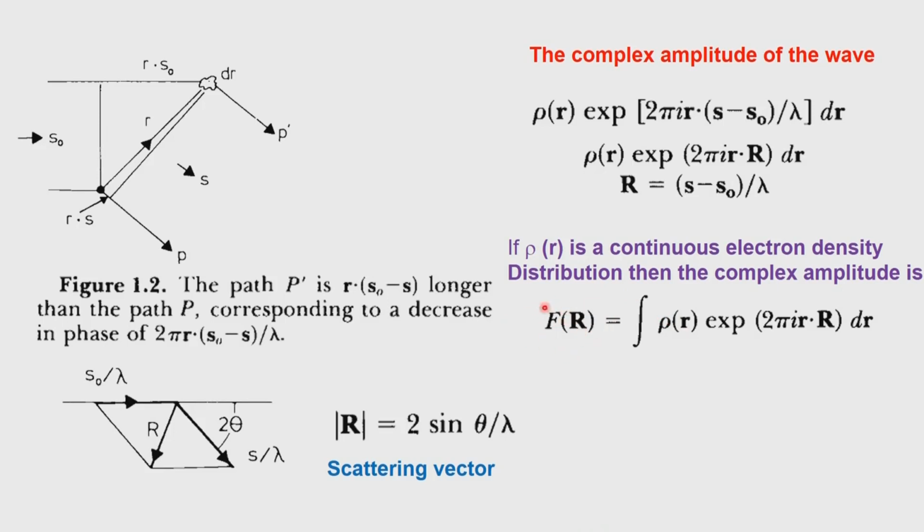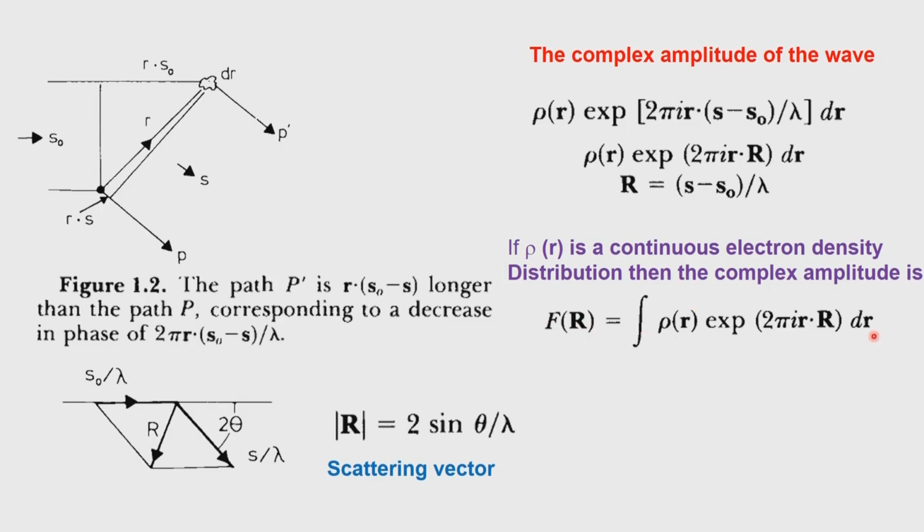Notice that this quantity f is a function of the scattering vector r, and this particular scattering vector has the dimensions of a reciprocal lattice. So when we measure the so called intensity, we are actually measuring the intensity coming from a reciprocal lattice point identified with respect to the scattering vector r, and therefore we get f of r, and this is a complex quantity again.